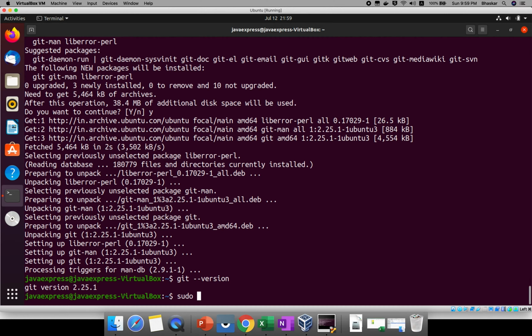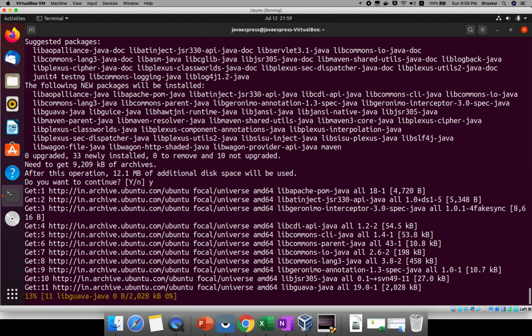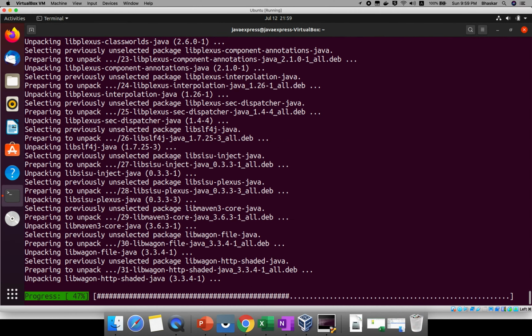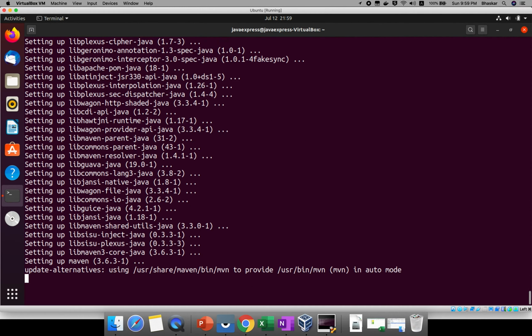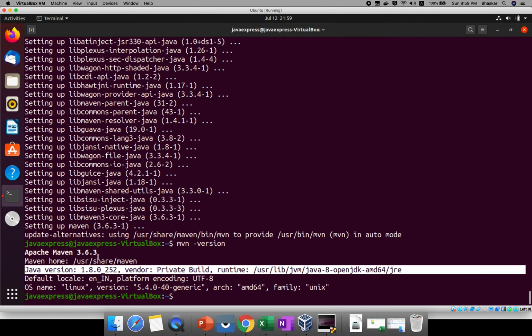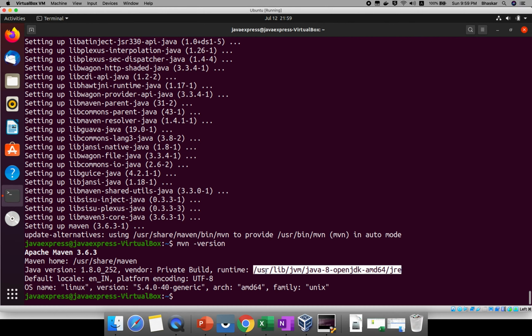Now I want to install Maven. For Maven, the prerequisite software is Java also. Why? Because it's a build management tool, so if you want to build your project, the Java path is mandatory. If you check the Maven version, by default it will show the Java path also. See here, this is the Java it requires. It is under which library? /usr/lib/jvm/openjdk. I hope till now you are clear. These three softwares we installed.